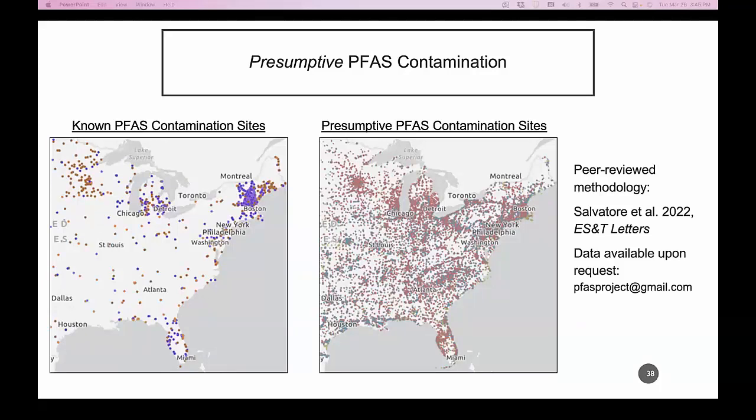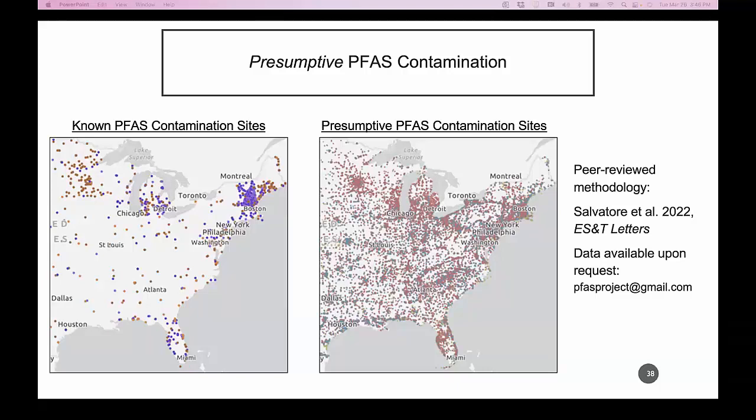So for example, New Hampshire looks like it is just a sort of pool of PFAS floating over the entire state. It's rather the case that New Hampshire has systematically tested for PFAS and then tracked down contamination to a known source of contamination. And so this really does speak to us the necessity of this presumptive PFAS contamination model because testing has been very uneven.